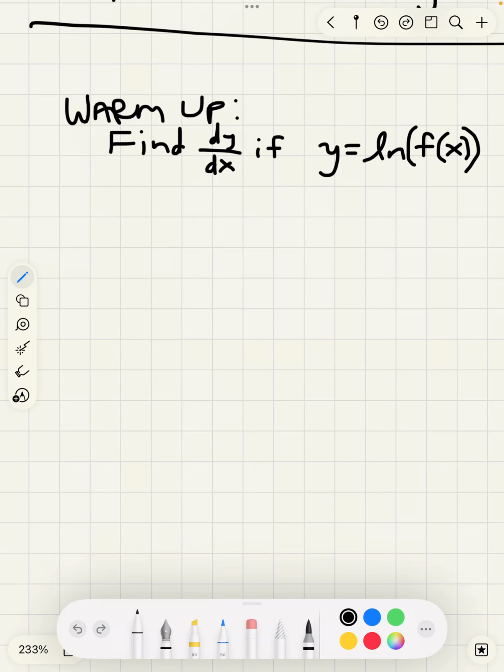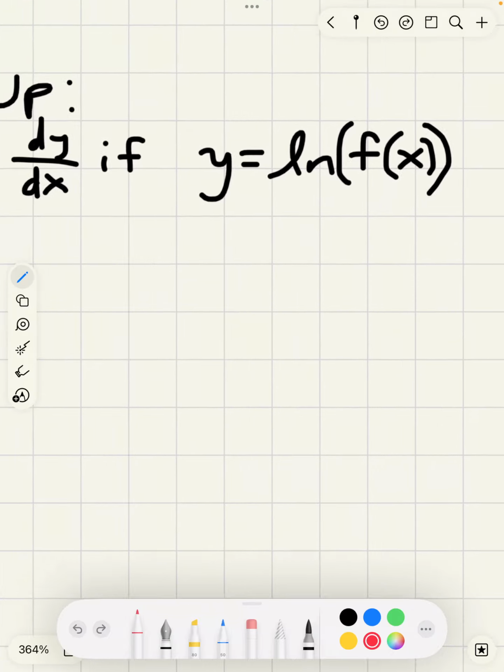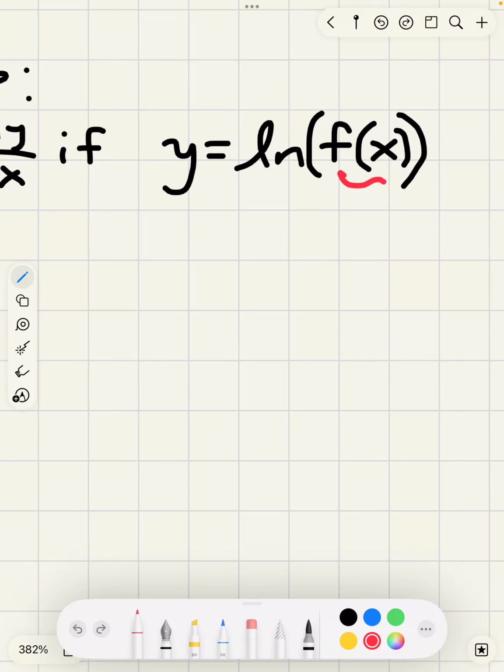So if you remember how your chain rule works, we start off by figuring out what the inside and outside are. So this f of x is the inside function. Log of stuff is the outside function. So using that, we know the derivative dy dx